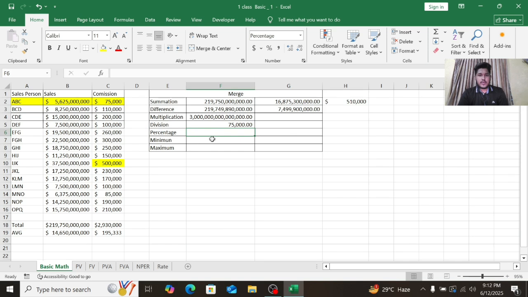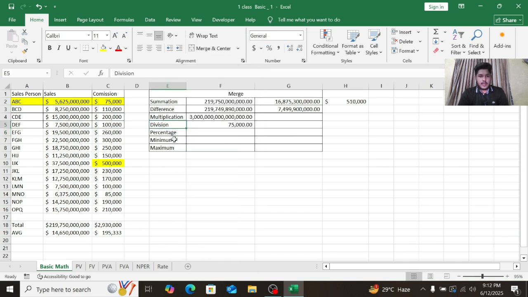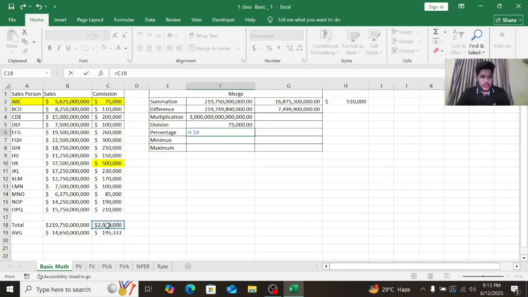Then, if we are going to calculate the average, suppose the average, I'm counting on the percentage box. If we want to calculate the average, we are going to calculate what the percentage of commission is of total sales, total commission on total sales. So we're going to use this one for our data, total commission divided by total